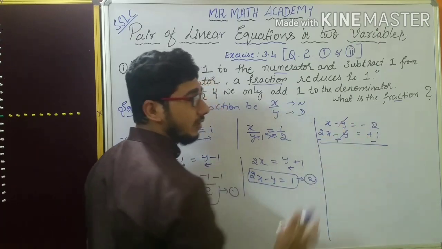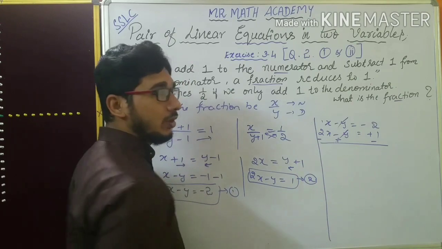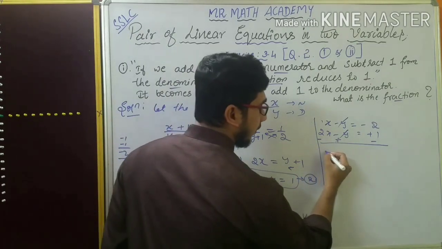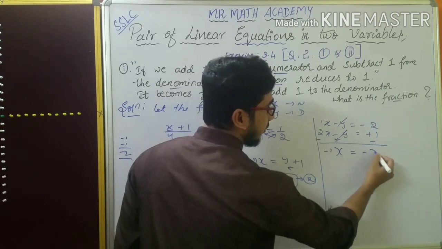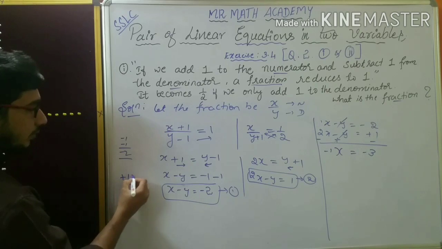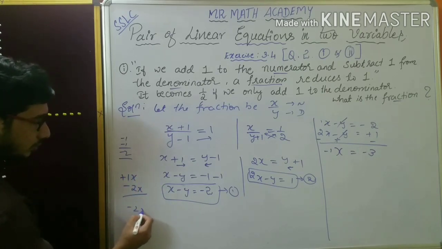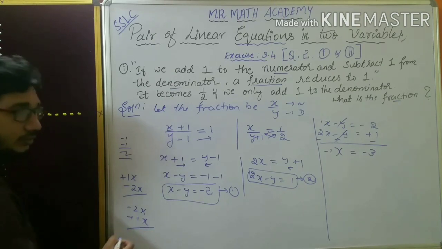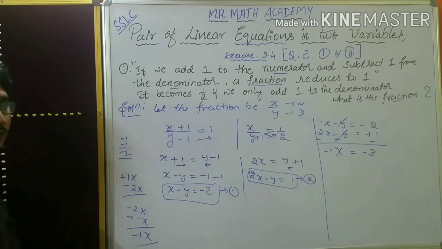So minus y plus y will get cancelled. Here 1 is there, plus 1 minus 2, how much? Totally minus 1, minus 1x, which is equal to minus 2 minus 1 is minus 3. I repeat again here, see, plus 1x minus 2x, which is nothing but reverse it. What will you get? Minus 2x plus 1x. If you subtract, you will get minus 1x.